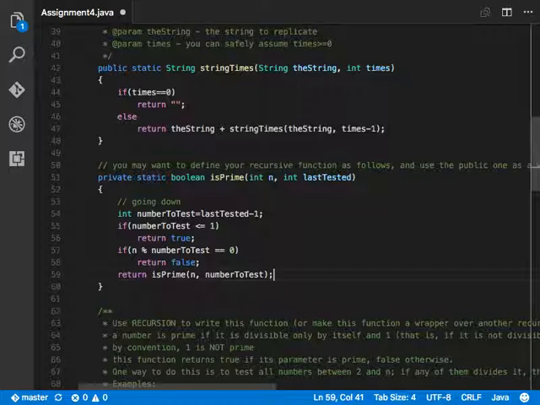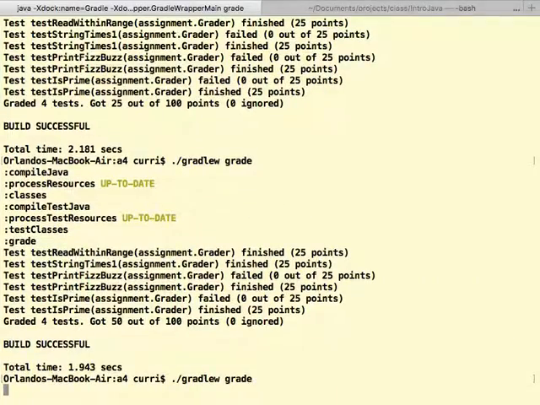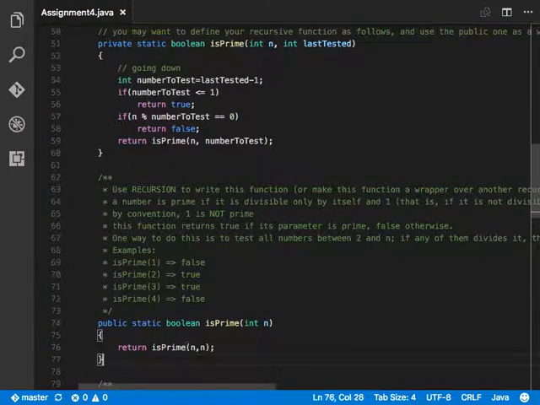This appears like it will work, right? And when I start, I pass n and n, and that would work. Maybe. And I think I wasn't evil in my tests, so I'm actually not testing 1. But the problem with this is that if I call is prime of 1 on 1, it will return true, right? Which is not